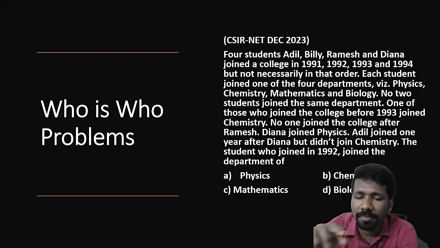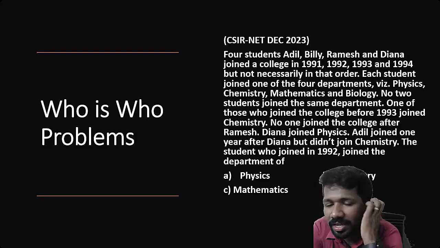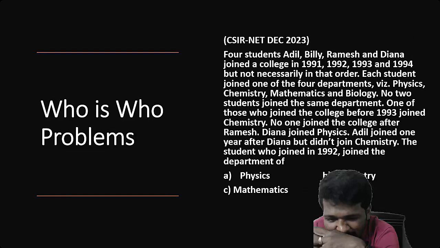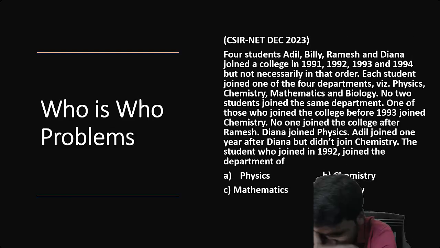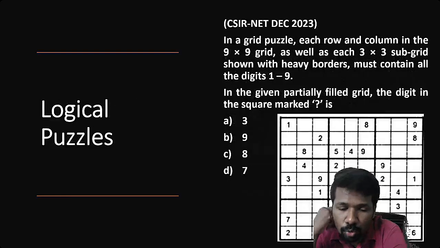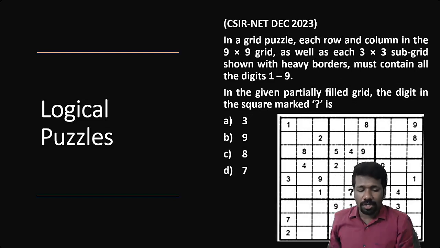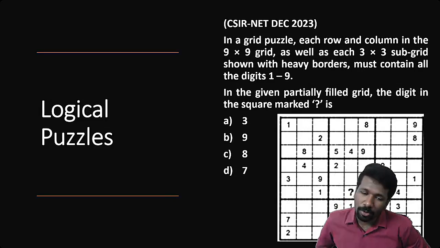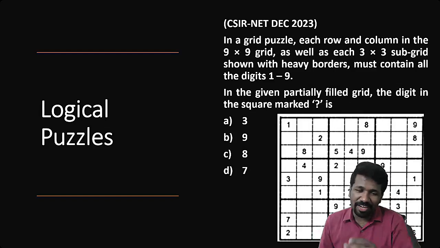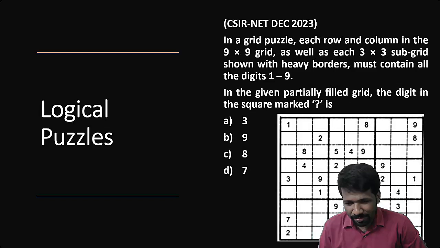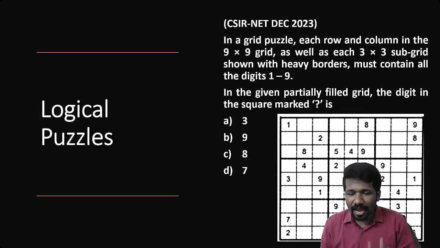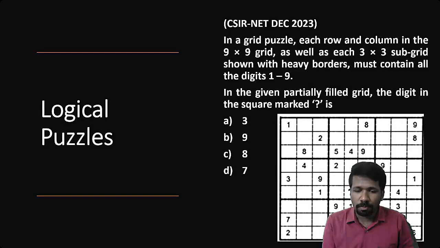So who's who problem में ऐसा matching करना है, like here name, subject they are studying and year they are studying, उसको match करना है. That is who's who type of problem. Then there come logical puzzles. Here literally CSIR asked to play games in the exam hall. ये December 2023 का पेपर था. ये सुडोकू गेम बेस्ड है. And this also was asked in 3 different subject question papers. 3 different subject का aptitude paper में ये same type का question पूछा था, सुडोकू वाला.